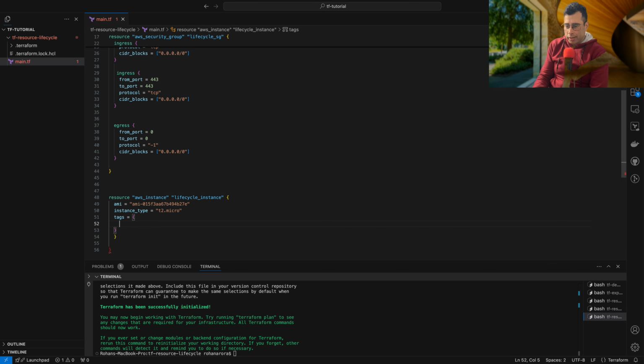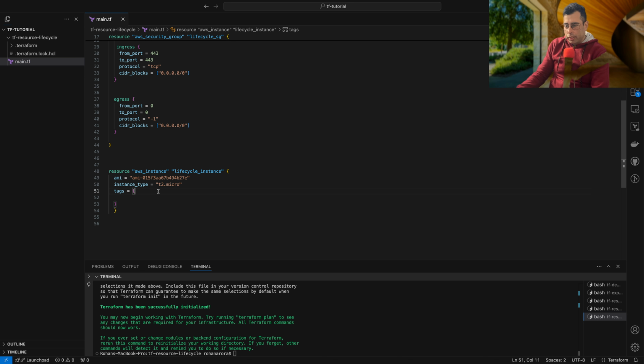So it's always the best practice to tag the resources out there so that you can identify the resources once you launch them. So I'm just going to name this thing, for example, lifecycle_instance. All right, let's keep it as simple. Now, one thing we need to be very cautious of in terms of execution is that once you